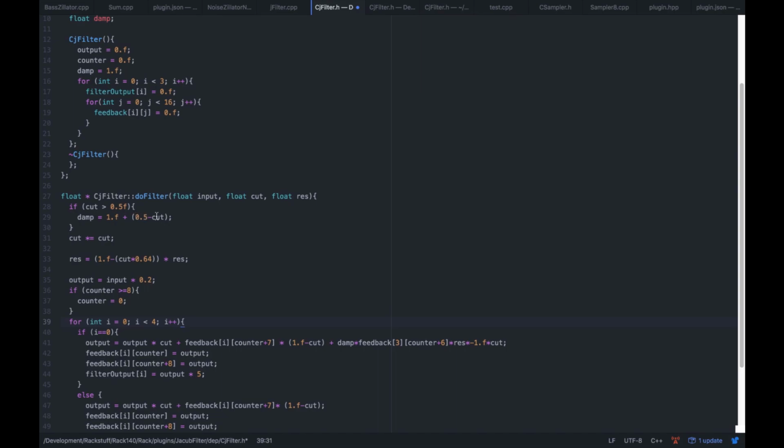And this is just 0.5. Now the cutoff is bigger than 0.5, so we have a negative value, and we add this to 1.f, and